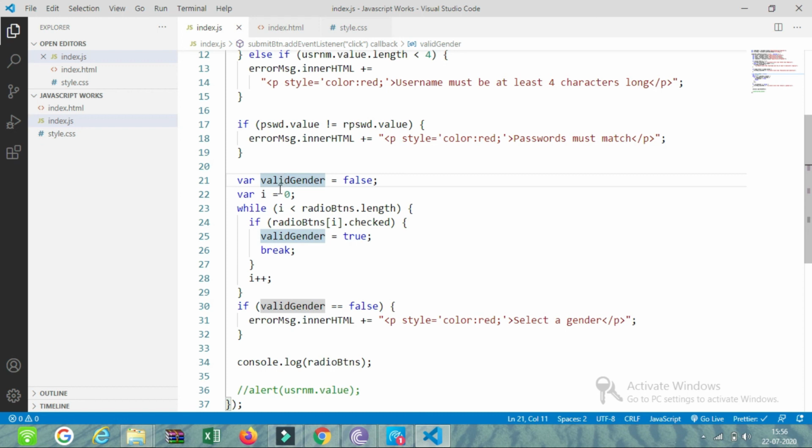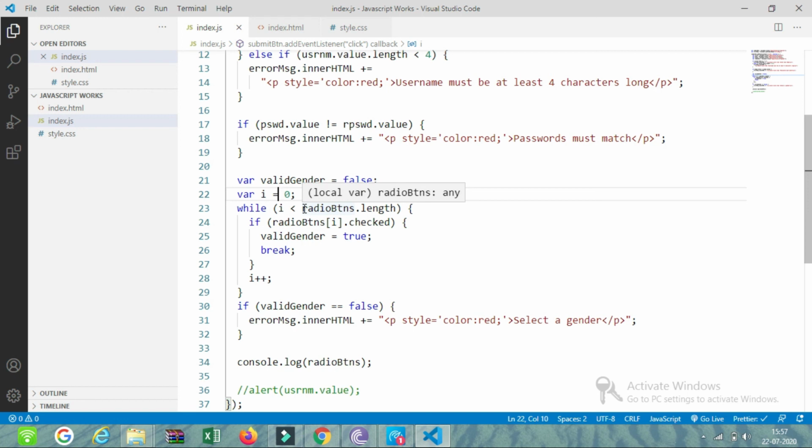Then we initialize i equal to 0. When we create radio buttons, they become a list, so we have to iterate through the list. For that purpose, I checked whether i is less than radio buttons dot length, which means iterate for every radio button.